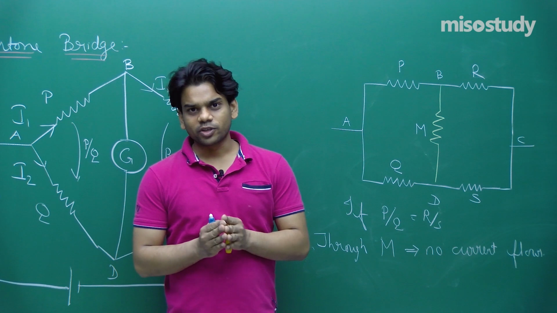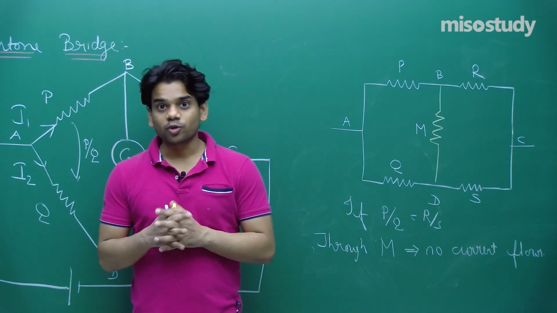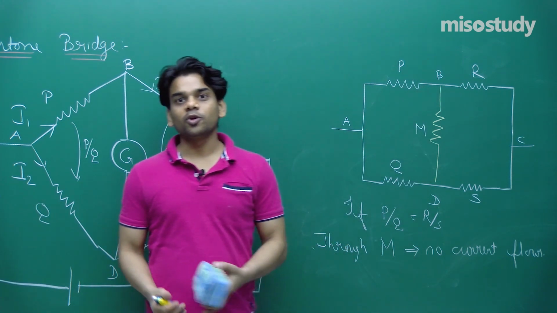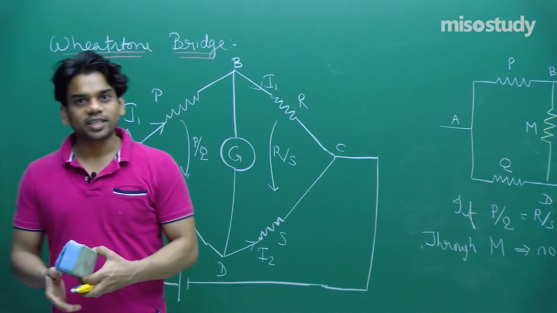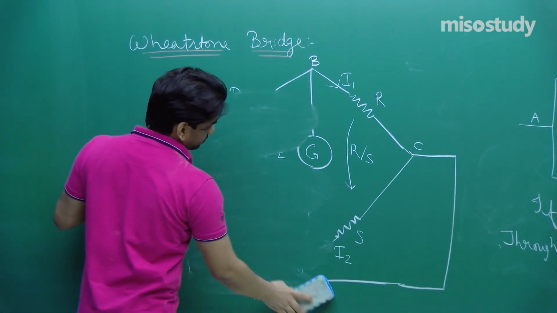If the condition of the Wheatstone bridge is satisfied, we get a balanced Wheatstone bridge. That means no current is going to flow through anything that is connected across B and D. This is one thing we are going to obtain from the Wheatstone bridge. Next thing, now see, there are 4 resistors I have connected.